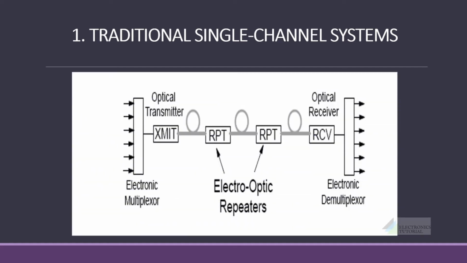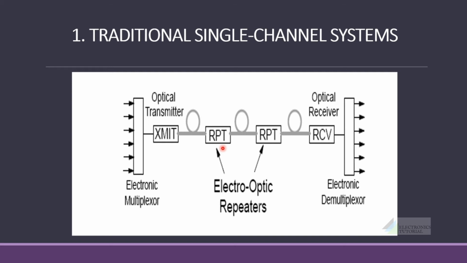This is the block diagram of such a system. Here we can see a large number of signals are combined together using a time division multiplexer, and it is presented to a transmitting section as a single data stream. This will be given to an optical fiber cable, and as this link is a long distance communication link structure, we'll be using some repeaters in between. And in the receiver side, this single data will be demultiplexed so that the signal of the individual user can be separated. In some other cases, we'll be using optical amplifiers instead of optical repeaters.